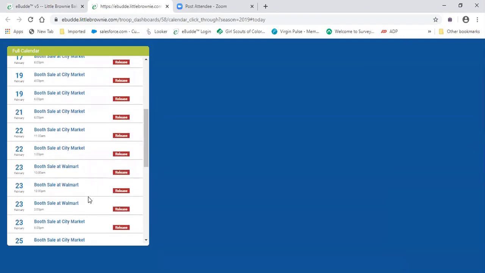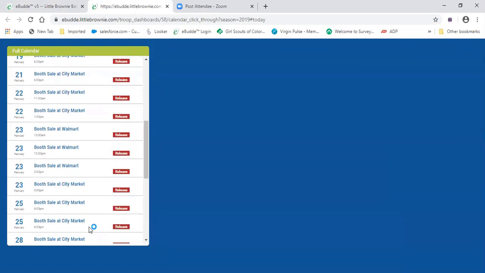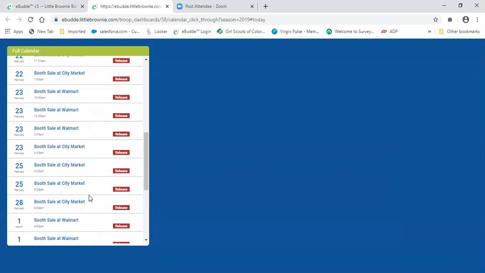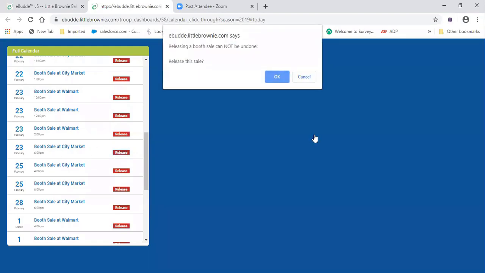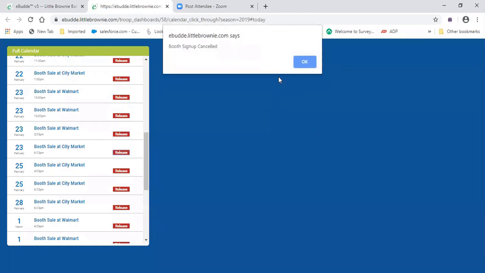And it was City Market at 6 p.m. So she is here on the 23rd, City Market at 6 p.m. And Sarah's mom calls and says, we can't make it because Sarah has the flu and there aren't any other girls available. From your calendar here, you can click on release, click OK,